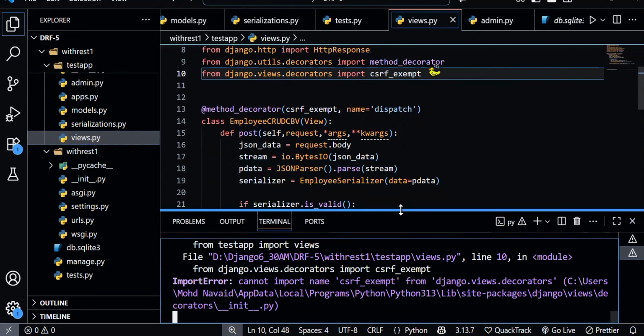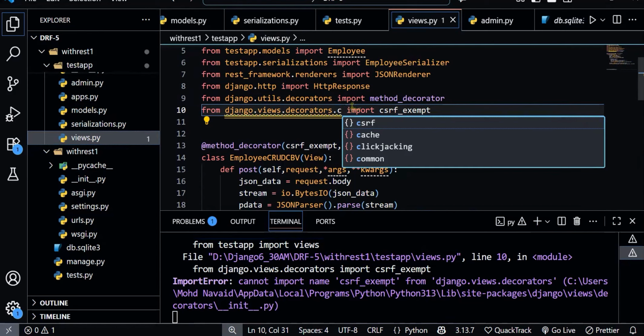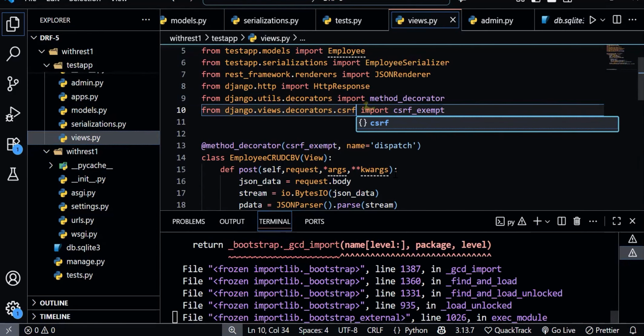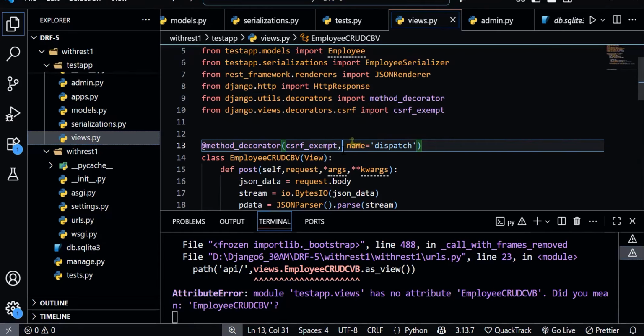Okay, so let's resolve this issue. Here, after decorators, we have to write one more package name, which is csrf. Again,